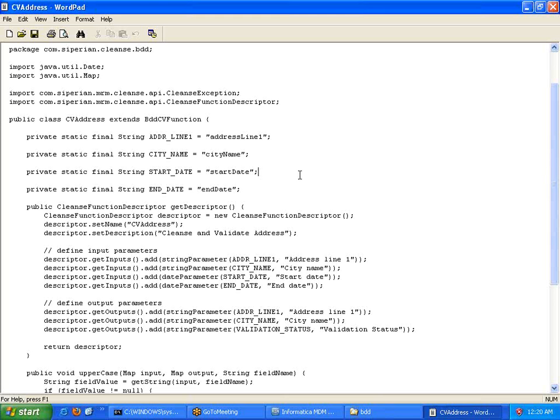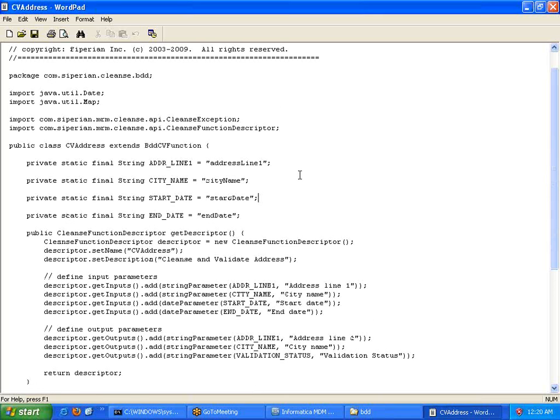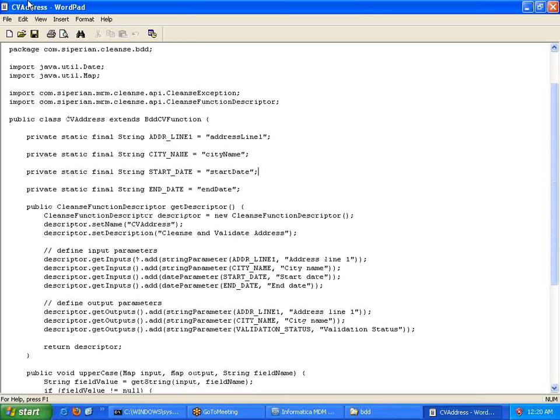Yeah? So if you look here, this is the template that will be used in order to build new plugin functionality.